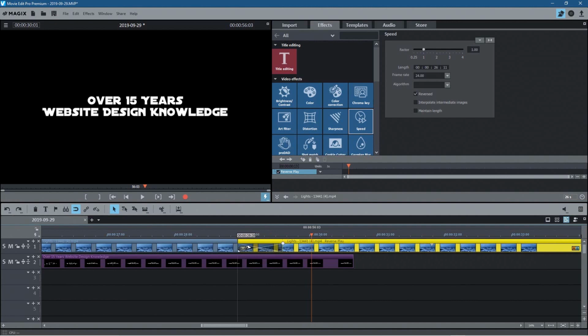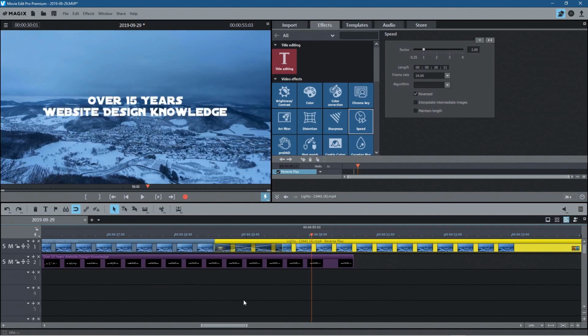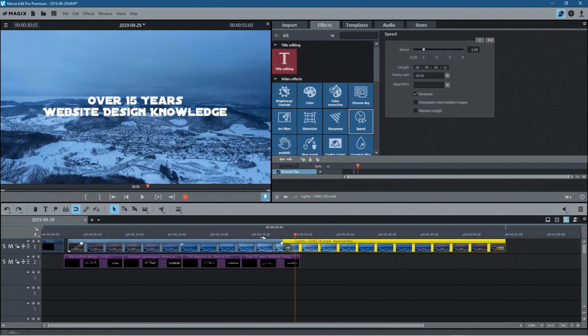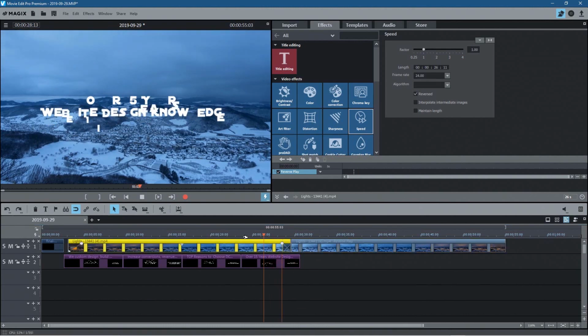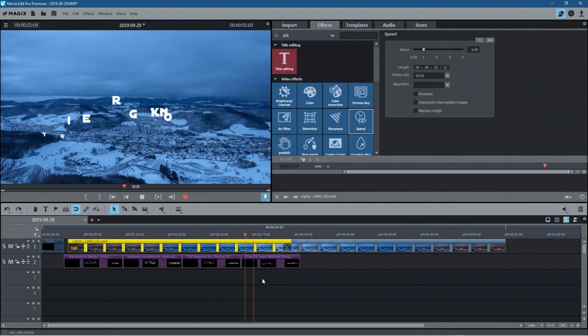I'm going to set it to 2818, and that will be exactly 1 second. So now I've got a 1 second fade across. The reason I did that is if I click play now, let's go back here. If I click play,